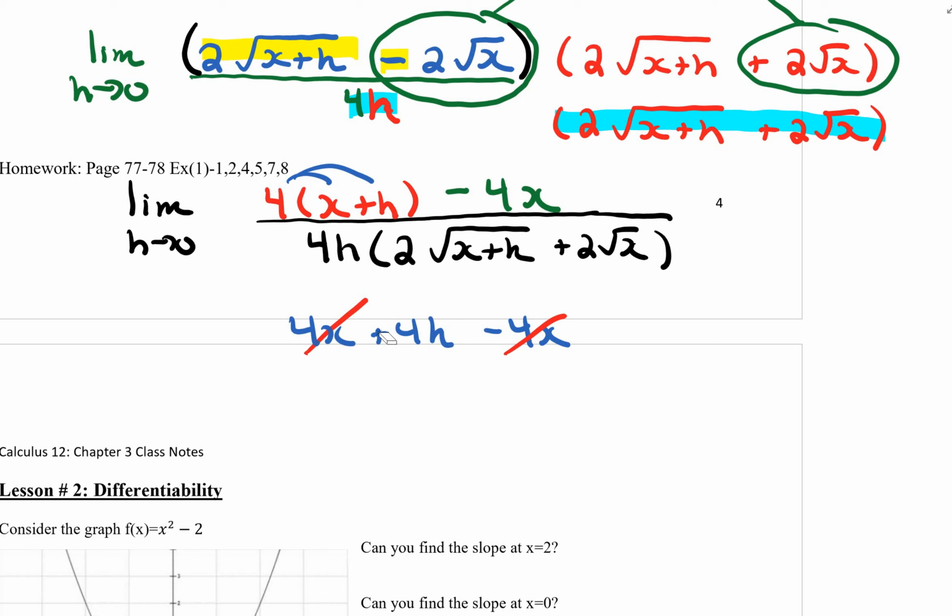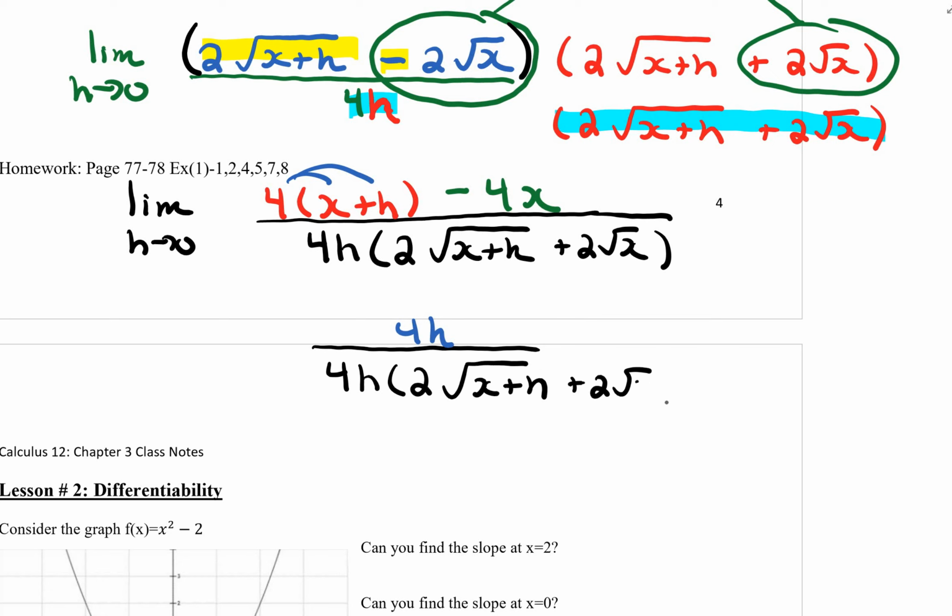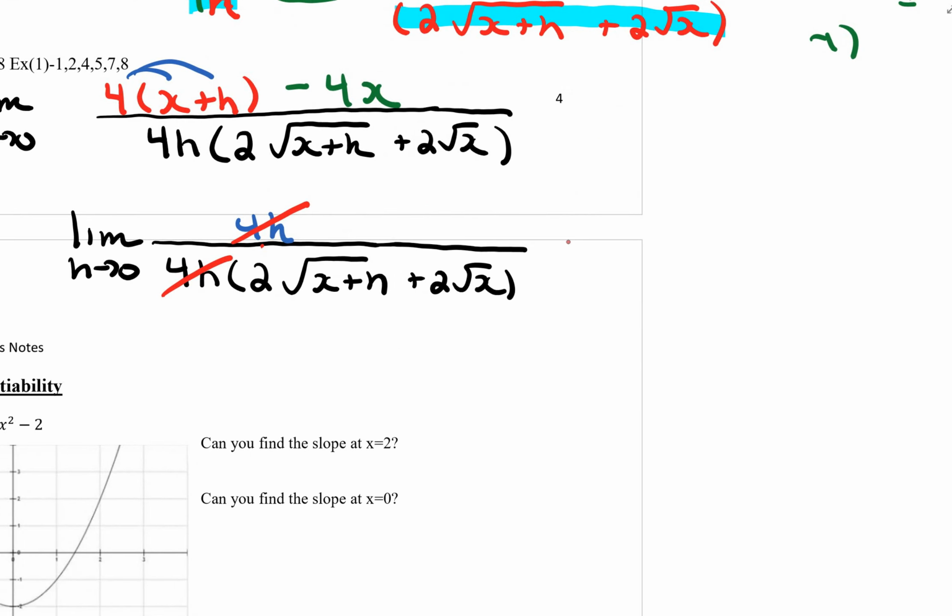So what we'll do here is we'll just erase that, and then we get 4h over the bracket 2 times the square root of x plus h plus 2 root x, and we get the limit as h goes to 0. And then finally, I see that this 4h and that 4h will cancel. That's great. So then we have just now the limit as h goes to 0, there's a 1 on the top, and on the bottom we have 2 times the square root of x plus h